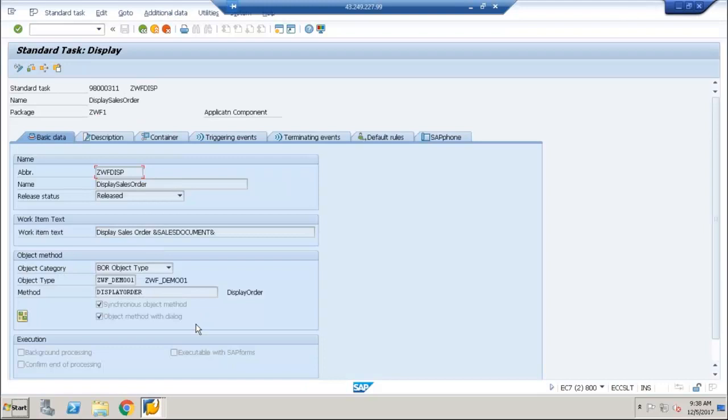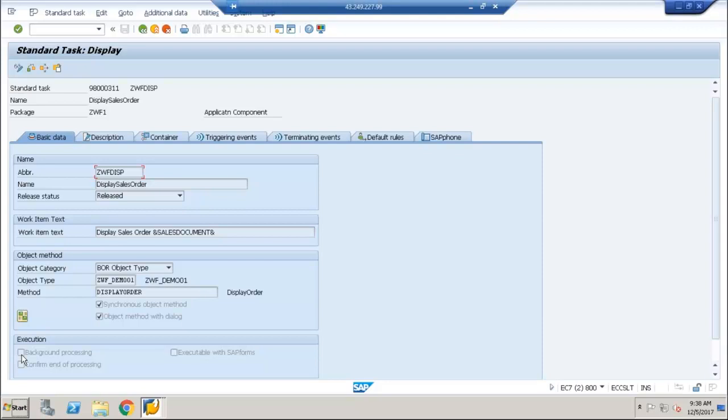See, why I am able to debug directly is because it is an object method with dialog. Only if the task is of this type can we directly put the breakpoint in the business object method, and when you execute from the business workplace, the breakpoint will stop and you can do the analysis. But in some cases we will have background processing.